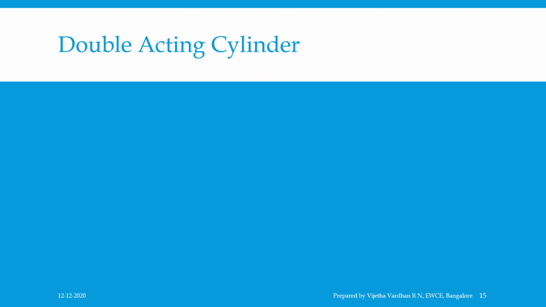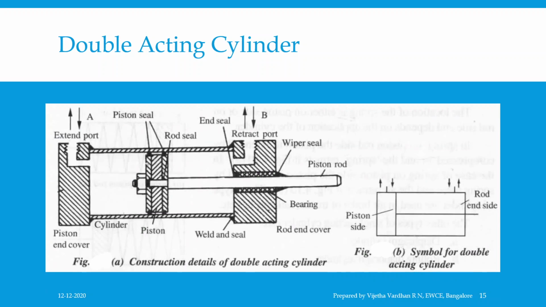In a double acting cylinder, each end is pressurized by compressed air alternately, thus developing force in either direction. Since compressed air acts on either side of the piston for extending and retracting the piston, the cylinder is called a double acting cylinder, and this figure shows the basic principles of double acting cylinders. Upon construction,